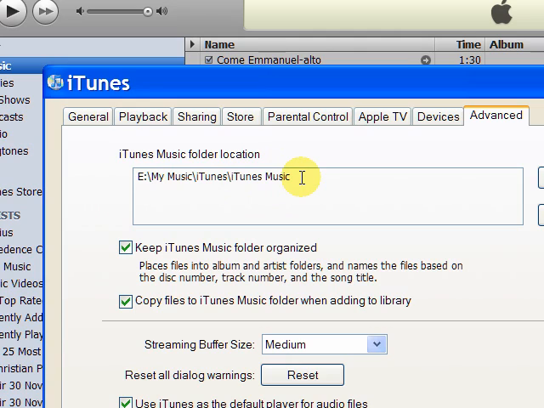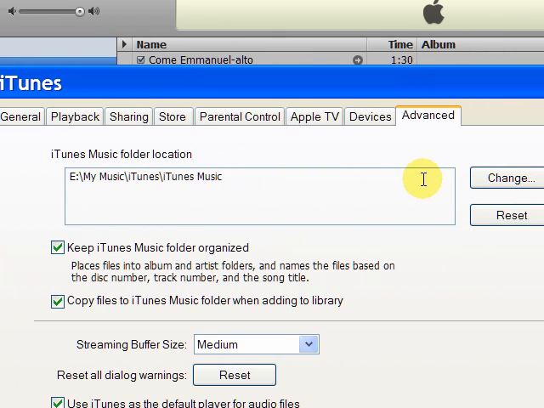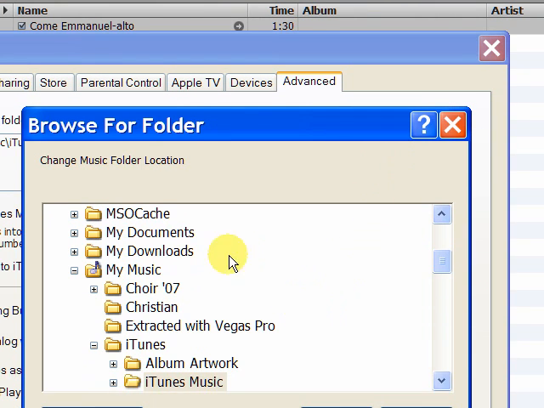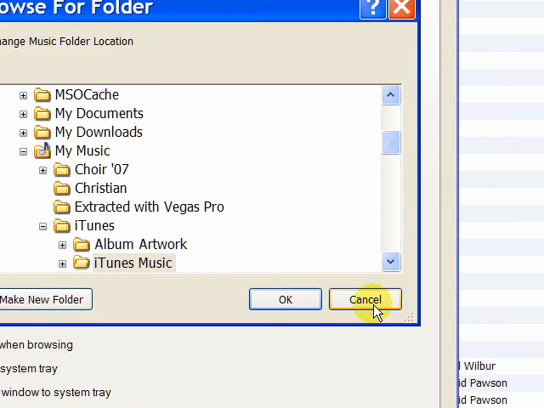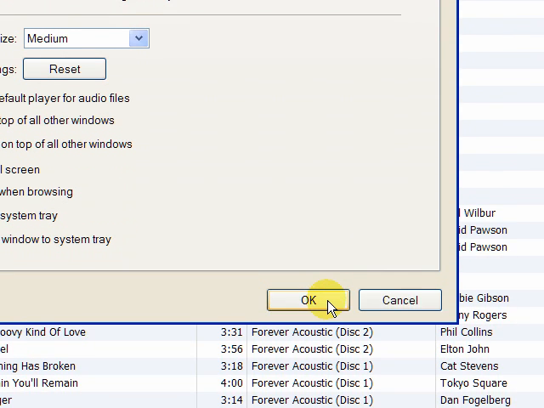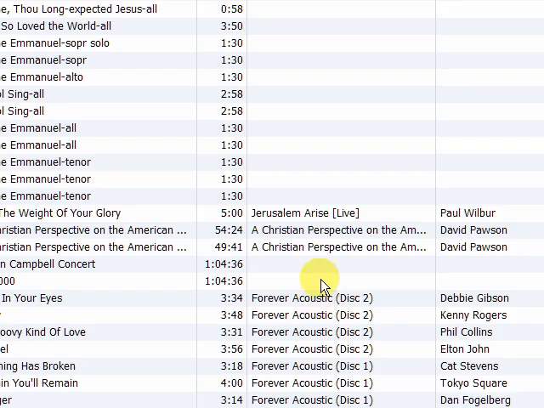Now make a note of this, because if you are going to move the folders to your mp3 player, you will need to know where the files are. Okay, if you're not satisfied with this location, then you can click change and select wherever you want the folder to be. Click OK, and then go to your email